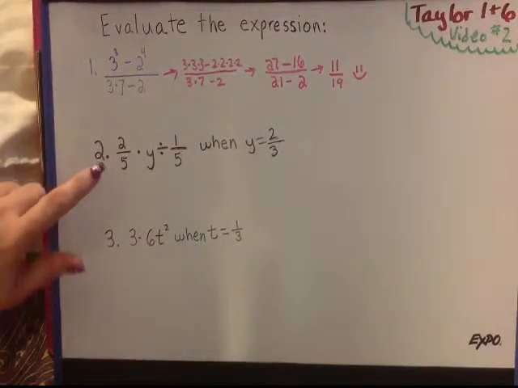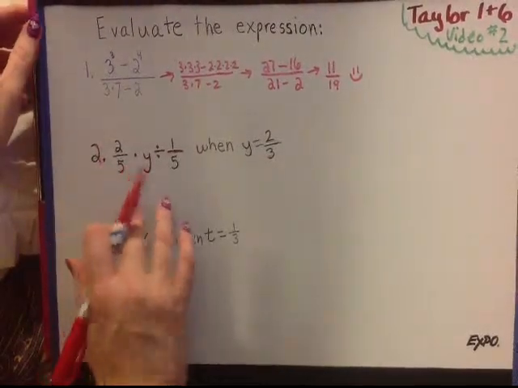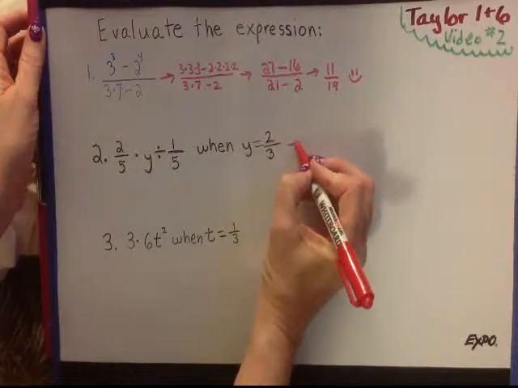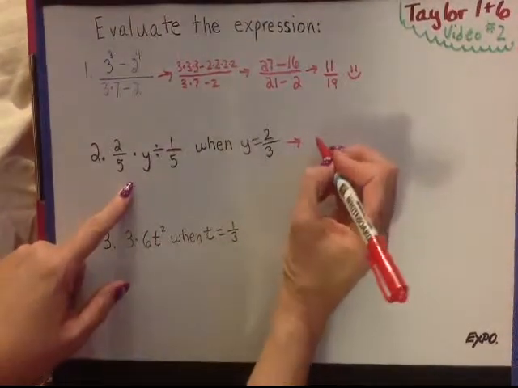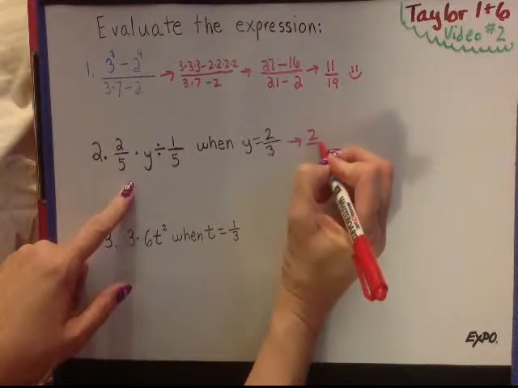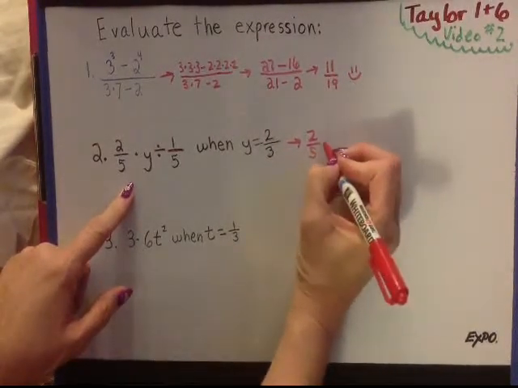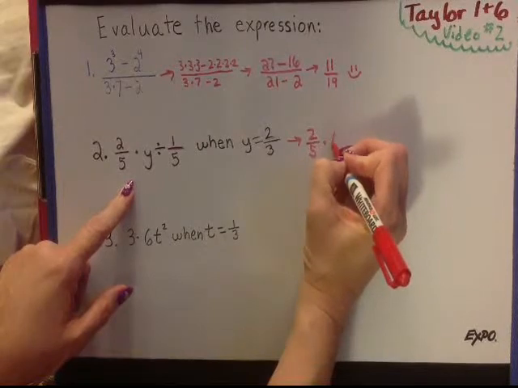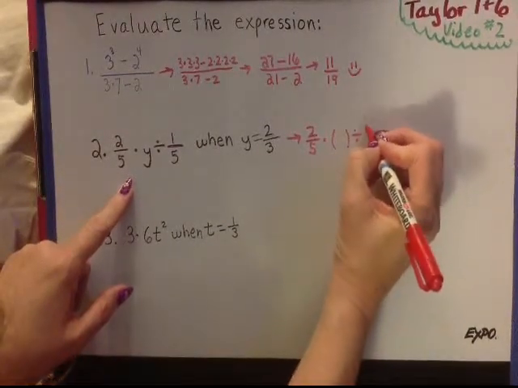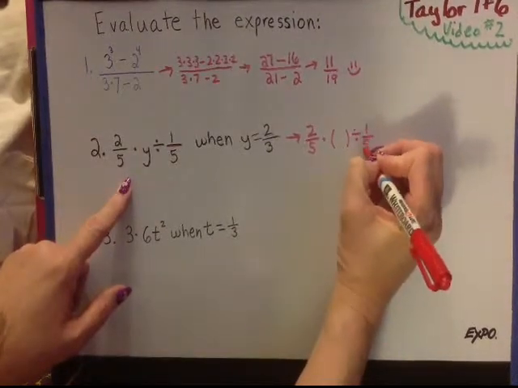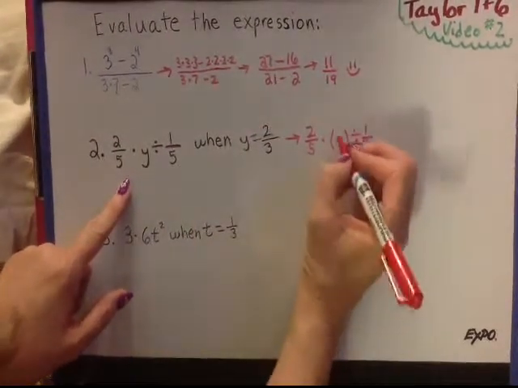So, in this expression, first we are going to substitute 2/3 in for y. So we're going to write the rest of the expression first, 2/5 times. Now we're going to put in parentheses, divided by 1/5. And in our parentheses, we're going to put